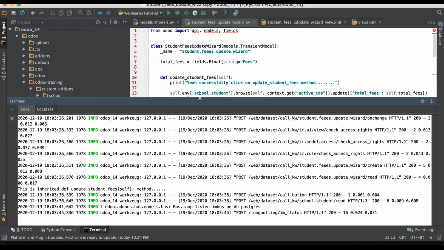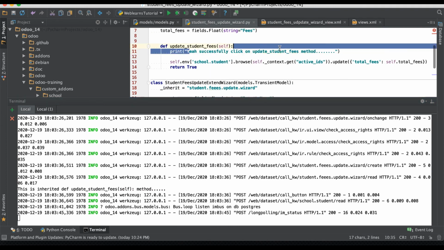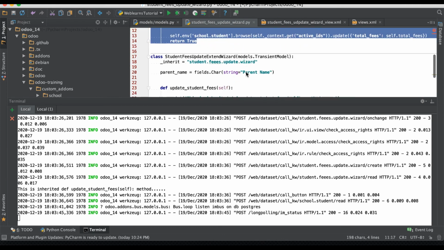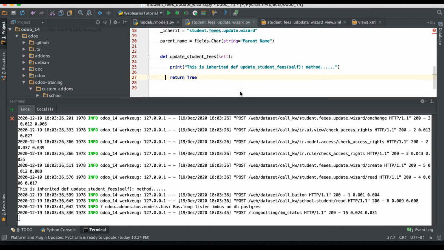But the parent method won't be called, because we didn't add the super statement here. So, without the super statement